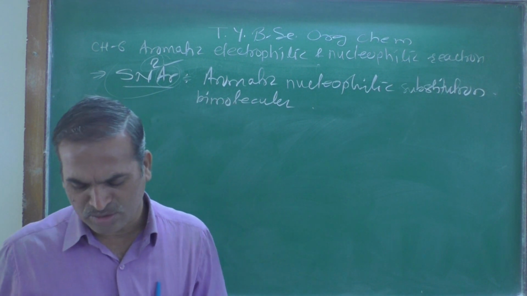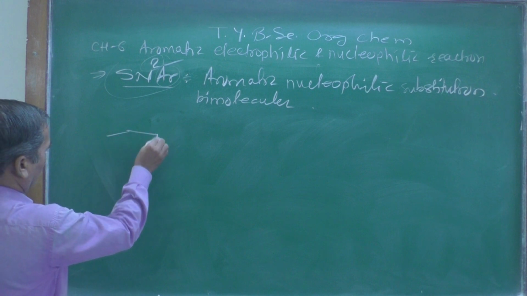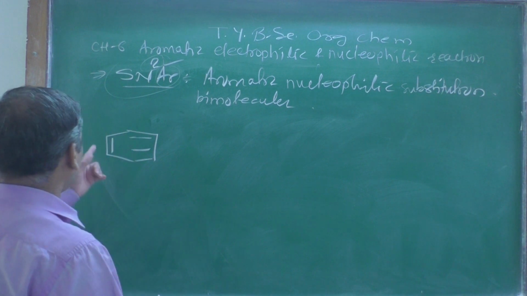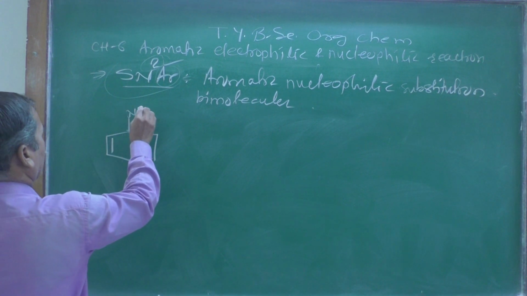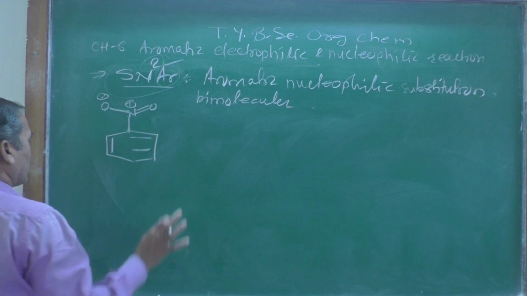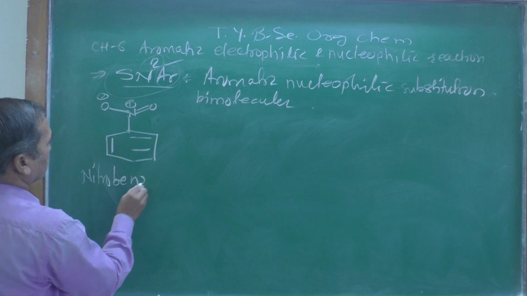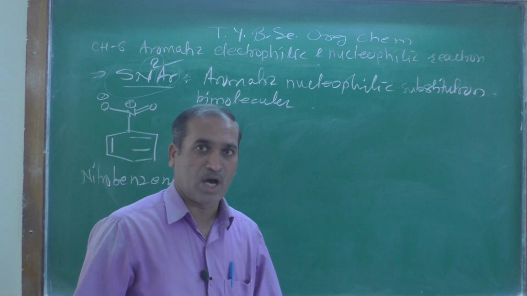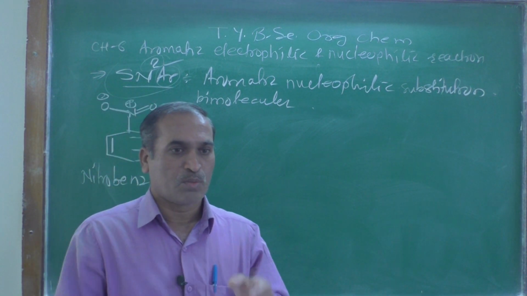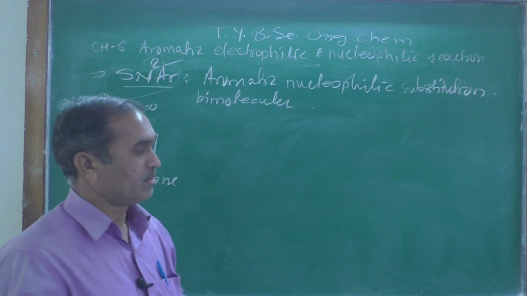How that takes place, let us see over here. Suppose we have nitrobenzene. Here I am writing the structure of nitrobenzene. For the sake of convenience I am writing the nitro group as an NO2 group. This is nitrobenzene, right? And now when this nitrobenzene is fused with potassium hydroxide, then the hydroxy group gets added,